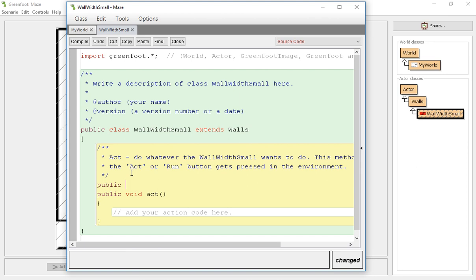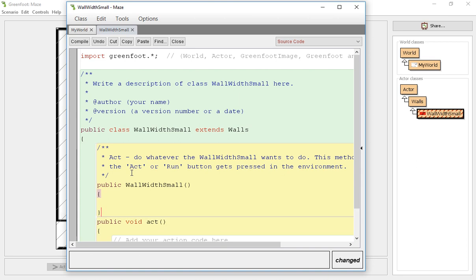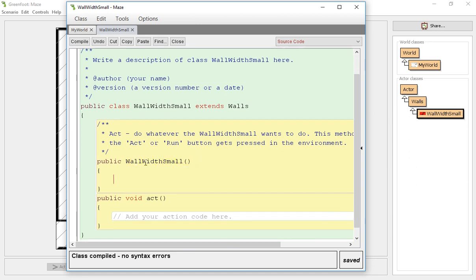So not just one specific object, but the entire class. To create a constructor class, a constructor method, you need to create public and then the name of the class. So now we know that we are editing the wall width small,